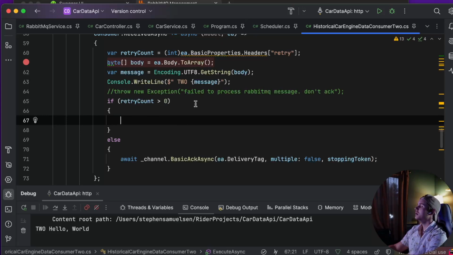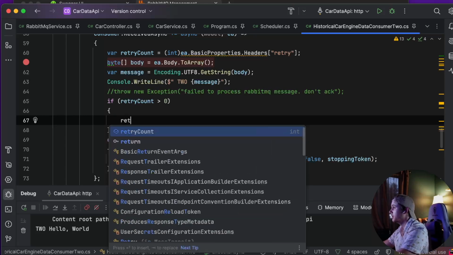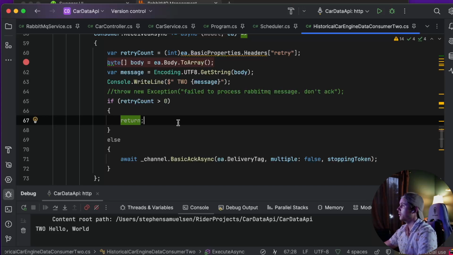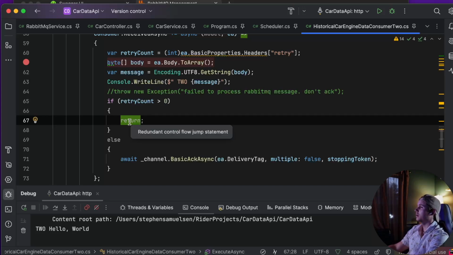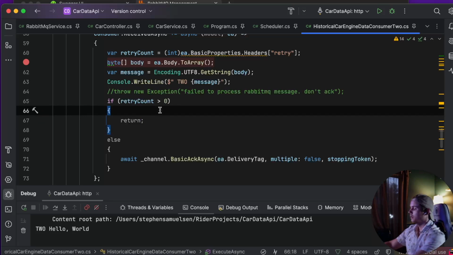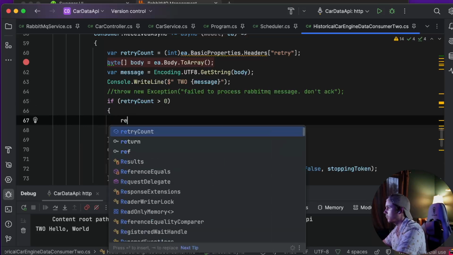So if retry is greater than 0, I really don't want to do anything, actually. So I want to just literally return out of here. But if it's equal to 0, then I want to say